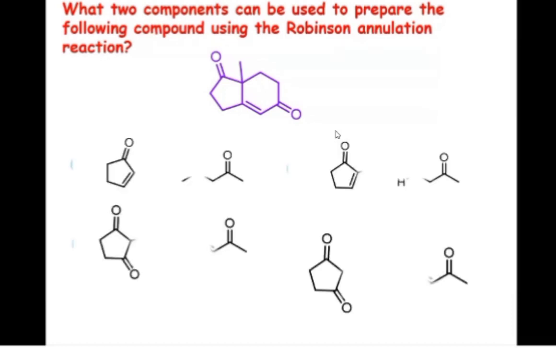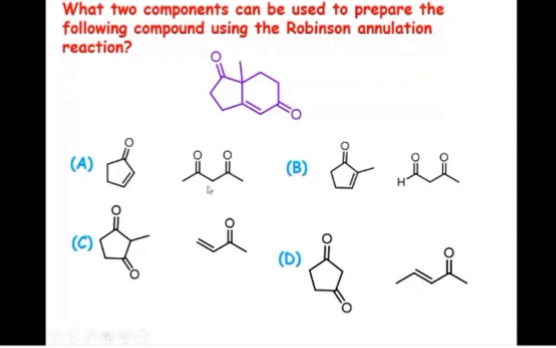See, I have given options over here. In the A option, alpha beta unsaturated ketone cyclopentanone is given, and this beta diketone. If you carry out a Michael addition type of reaction, you can generate a carbanion in this active methylene compound, and it attacks the beta carbon of cyclopentanone. You will not get this kind of product at all. Similarly, again the same type of diketone, a beta ketoaldehyde, carbanion formation, it will attack over here, and you will not get the respective product.